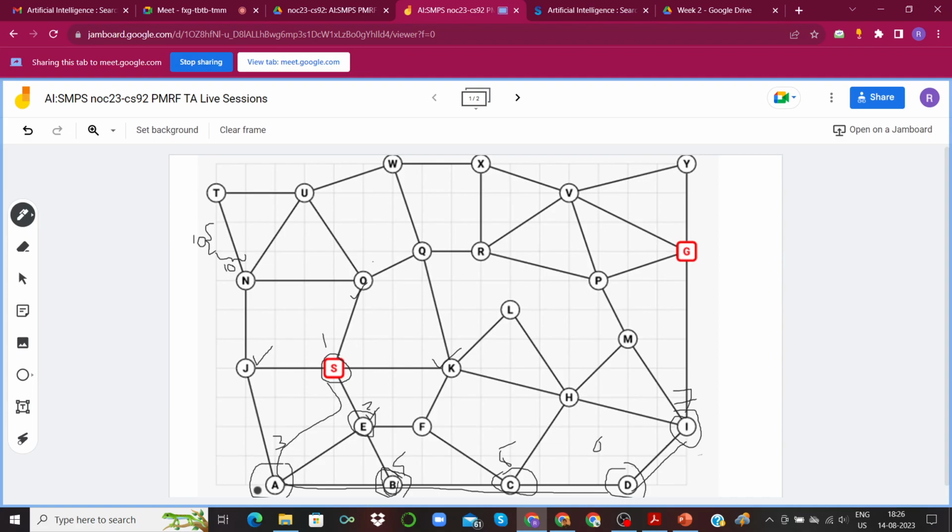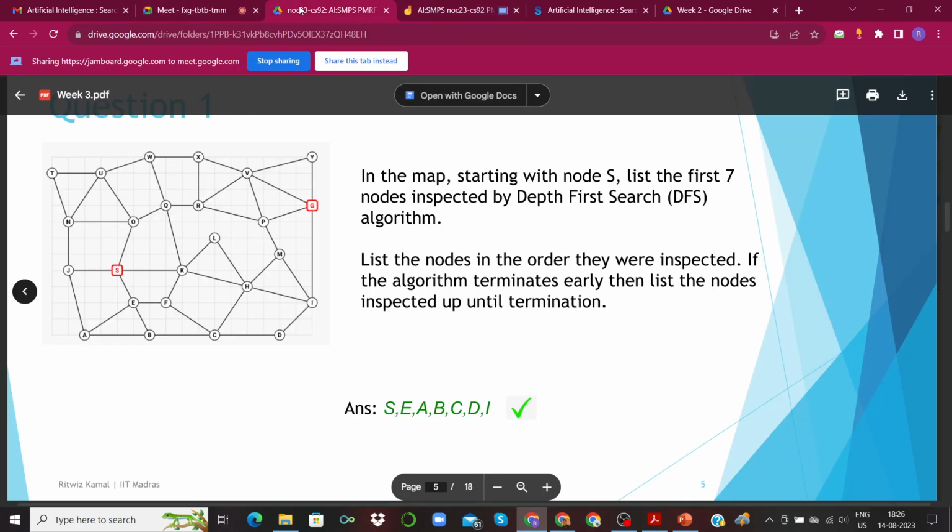When we were at this particular node A, there were actually 3 candidates that it could go to: E, J, and B. E at this point is already inspected, so it would be in the closed list, and we are not considering that. And J at this point is in the open list because when we inspected S, we already added J to our open list, so we are not going to consider J also. From A, there is only one way we could proceed, which is to go to B. It's the same approach that we followed in the previous live session as well.